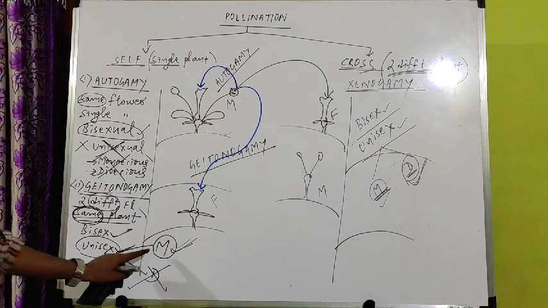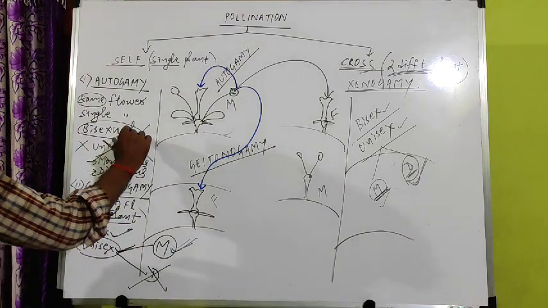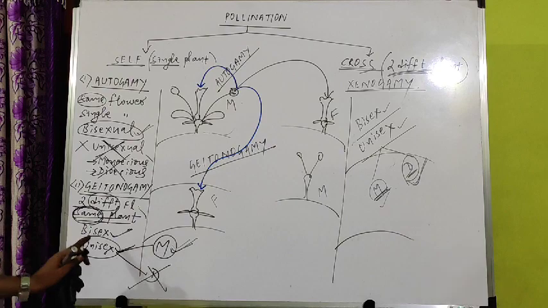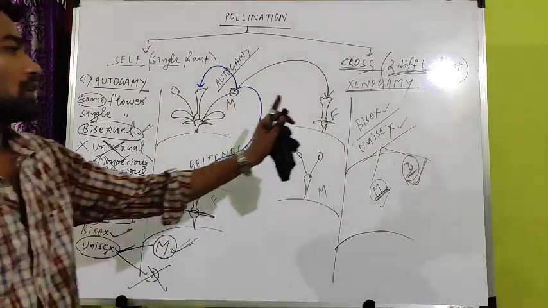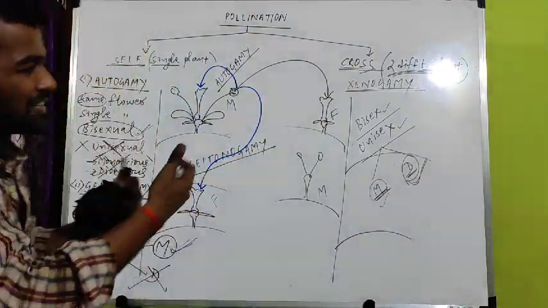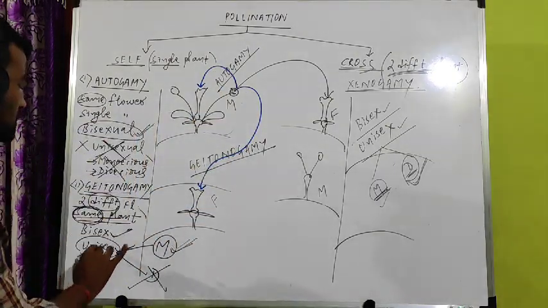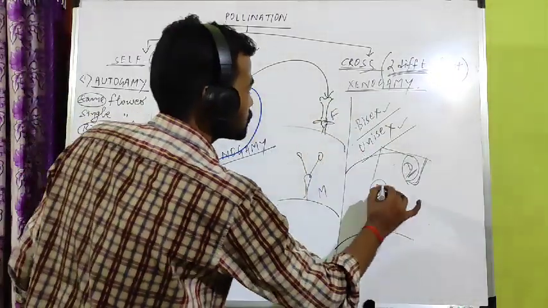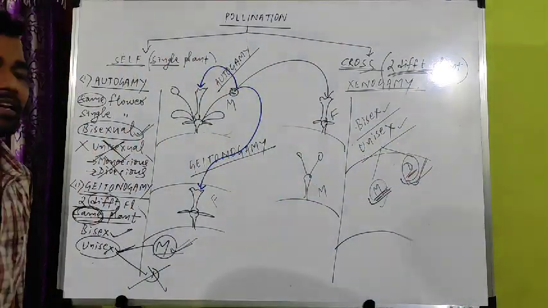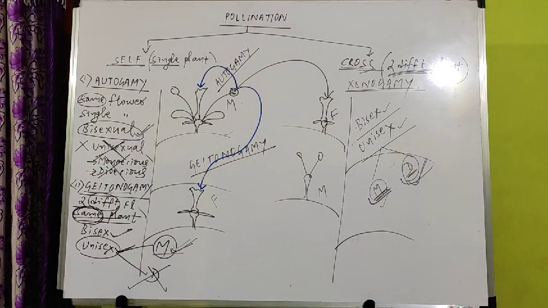Autogamy occurs only in bisexual flowers, not unisexual. Geitonogamy occurs only in monoecious plants, with unisexual flowers. Cross pollination occurs in bisexual and unisexual flowers, in both monoecious as well as dioecious plants, in increasing order. So this completes your different